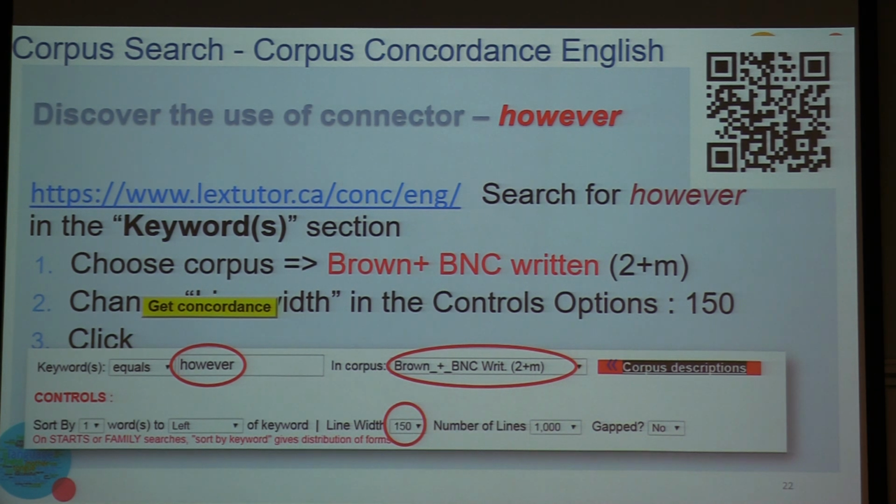Okay, so you don't need to go to the website now, later you can go, I just show you the whole procedure. How to convince the students, okay? You can't use "however" as a conjunction to connect two sentences, okay? Well, ask them to go to this website, just ask them to follow your search functions, okay? Choose corpus, this one, okay? And then you have to use the function "equals," put "however," choose this, okay? And then sort one word to the left, not right. Okay. Sometimes you really need to try, and then you know whether you need to sort the word to the left or right. But in this case, we suggest you sort one word to the left. Okay.